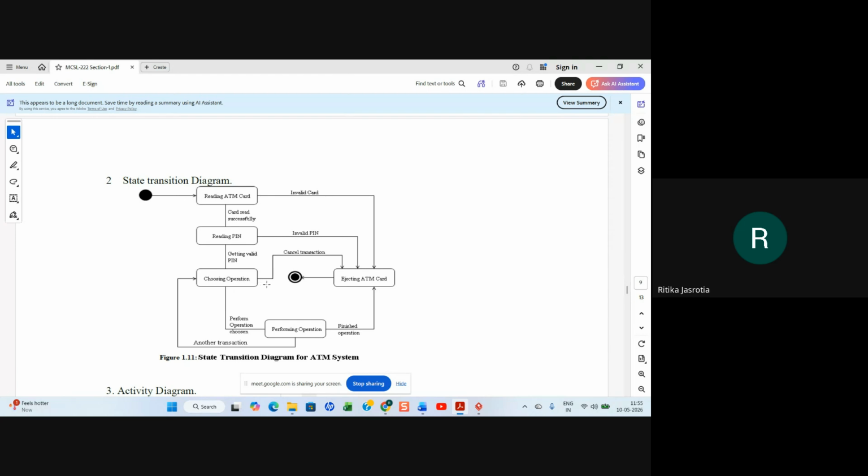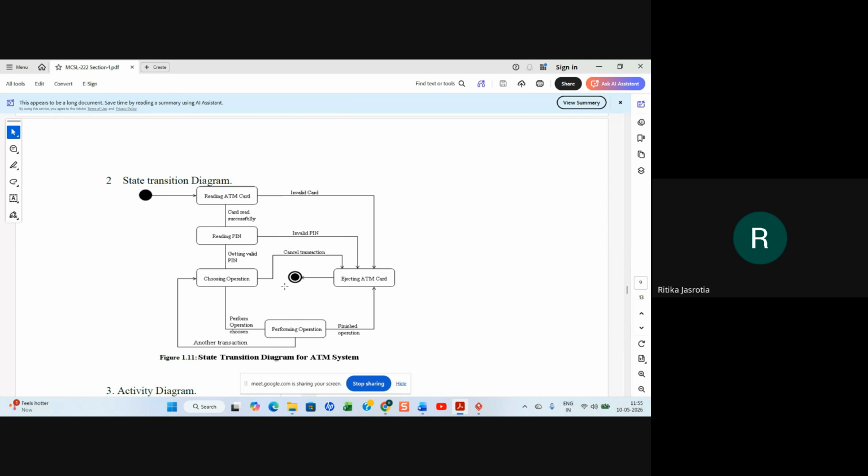If you want to cancel the transaction, you can cancel it and it will eject the ATM card. Otherwise you can perform the operation. They are not showing which operation, just the activity. The operation is performed. If you want another transaction, you will again choose another operation and perform it, and when you are finished, you go to finish, eject ATM card, and stop.